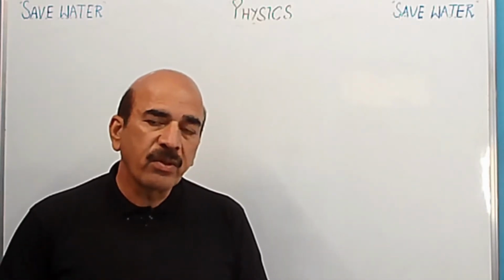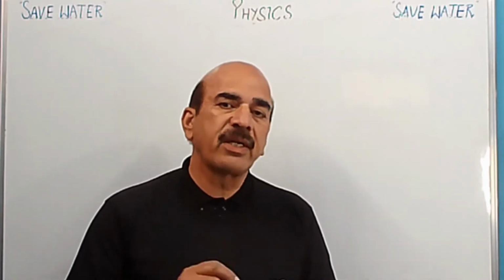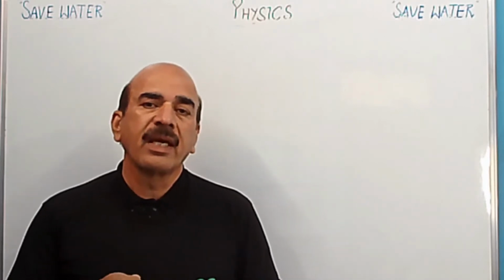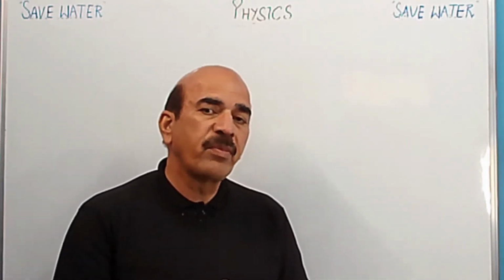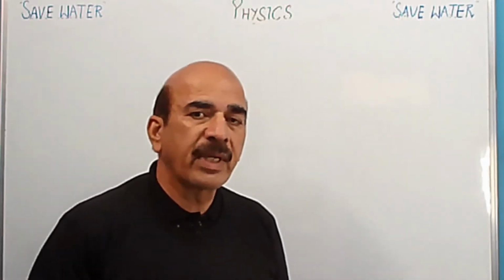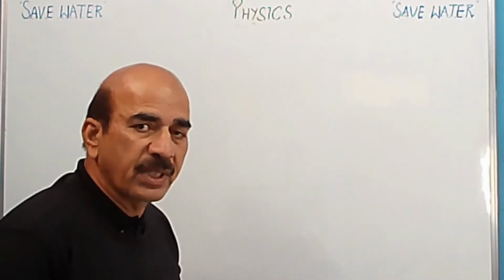So what are we going to do today? Today we are going to discuss another important topic related to the resistance of the conductor, area of cross section of the conductor, and length of the conductor, and above all, nature of material of the conductor. If I take one example here, then after that I will ask you a question.